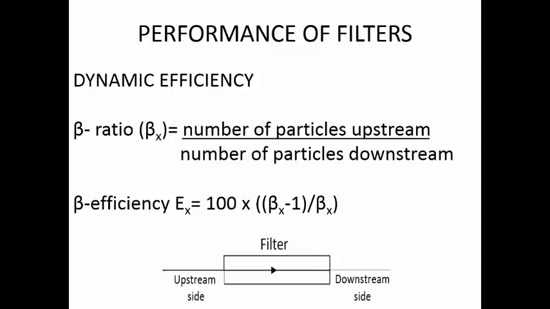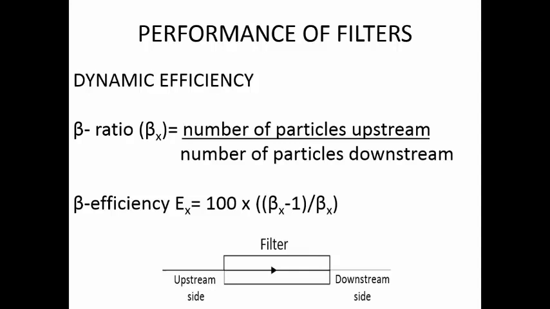Now, whenever you are replacing the filter, you always have to measure this performance efficiency, number one. The second one is you have to see what is the pressure drop that can occur in the filter. Because the fluid is not flowing very freely inside a filter, the path of the fluid is restricted or obstructed by the filtration element. So whenever you put any obstruction to the flow, there will be something called back pressure, or the pressure will be lost. The pressure of the fluid will be lost.